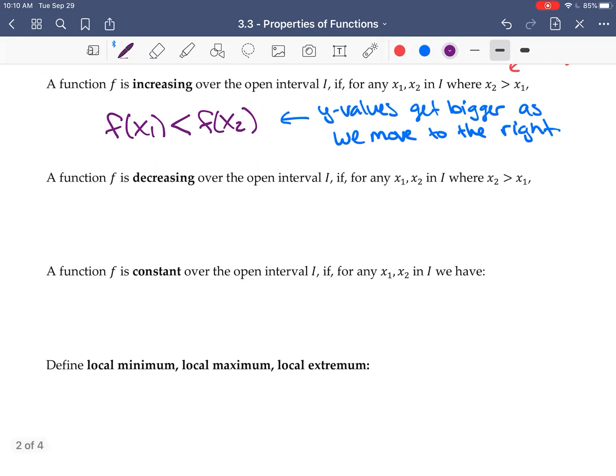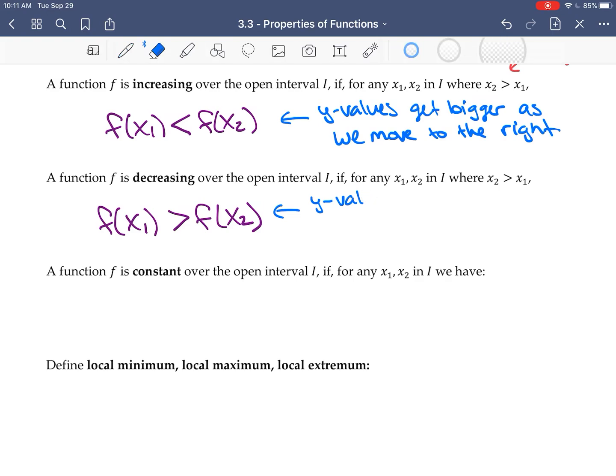Decreasing is just the opposite, so we're still moving right, but here f of x1 is actually the bigger one. So that means that the y values get smaller